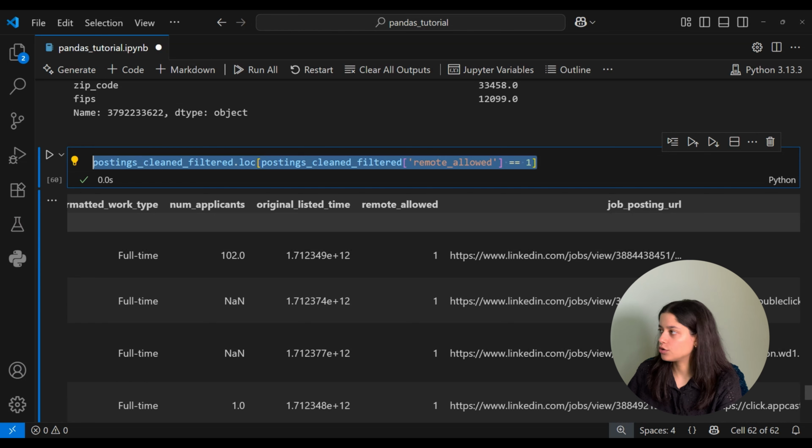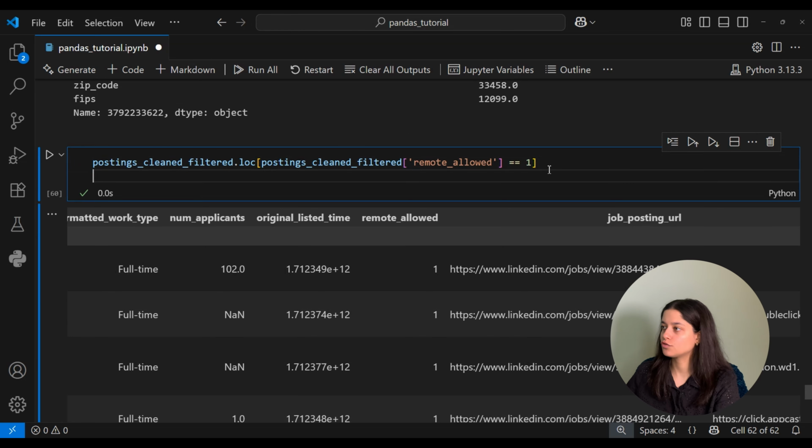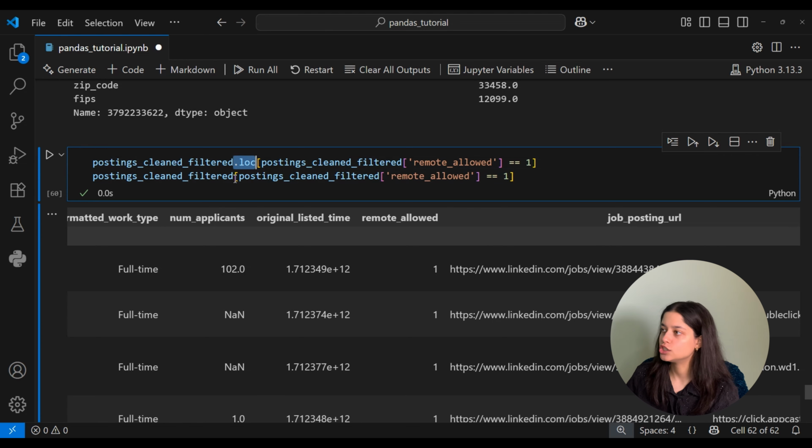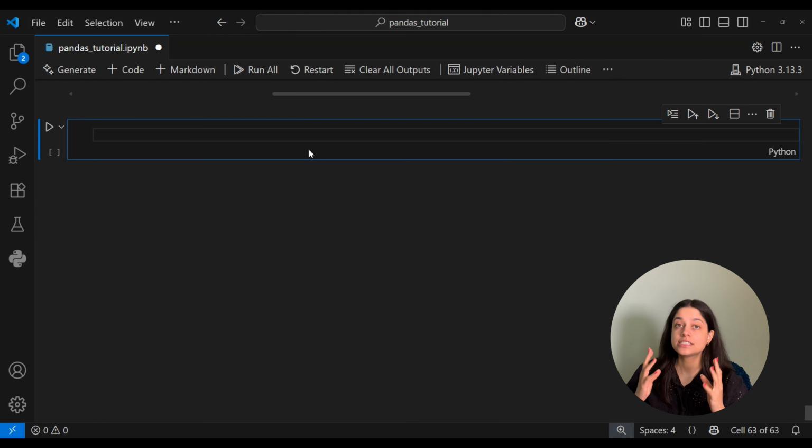So when we run that, we see that we get all the rows where remote allowed is equal to 1. Now this code is equivalent to running this code. You'll see the Boolean condition is the same. The difference is here we're filtering it using loc instead of just adding the filter inside these square brackets. You'll see data frames filtered both ways, both using loc and not using loc, but the situation where you'll see people using loc more is when you want to filter the data frame and you want to select some columns